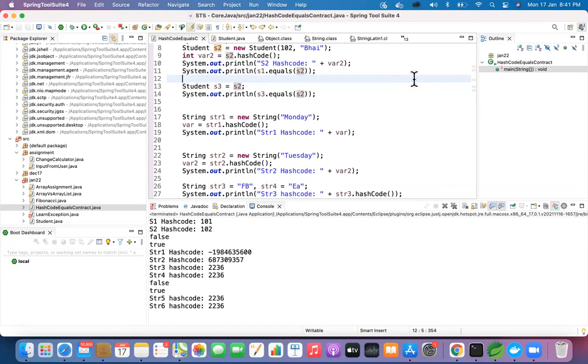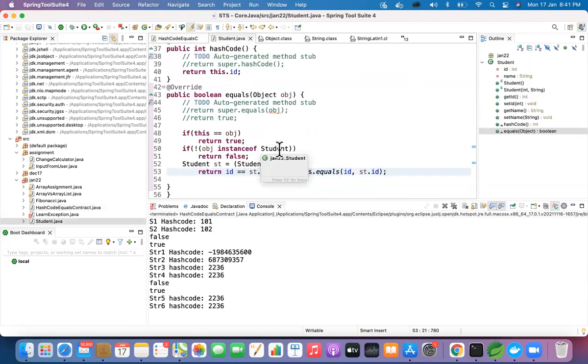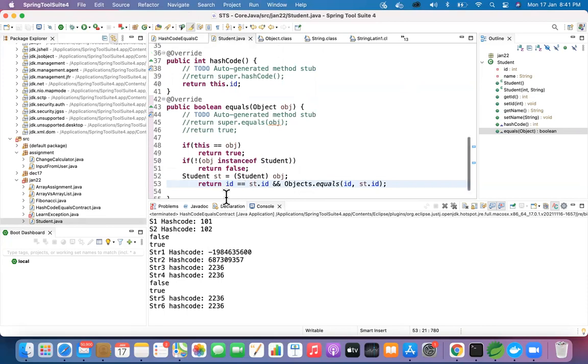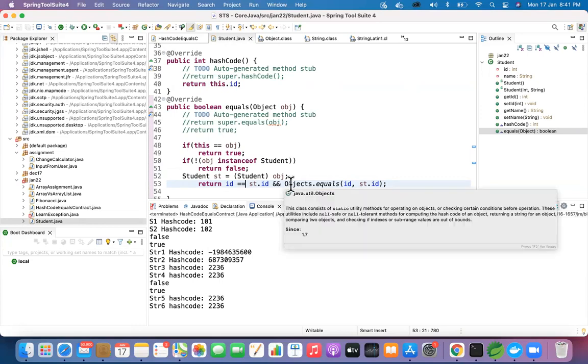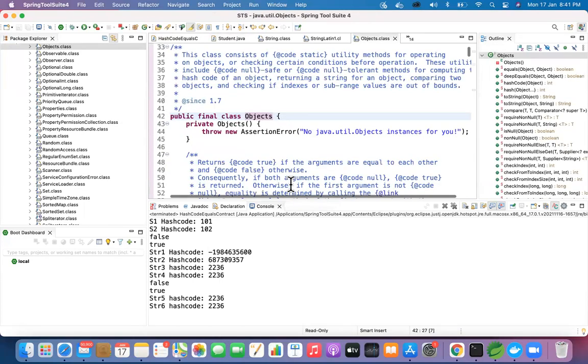So this is the way we can customize our own equals method. Suppose you wanted to even consider name as a parameter when evaluating the equals method. In that case, what we can do is in the hash code method, open the Objects class which you used in line number 53. Just press control and go there.